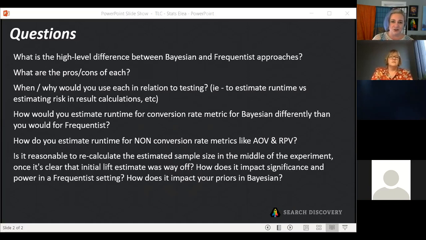So what Ellie's describing you could do at that point is basically stop, run the analysis assuming a 20% lift, see how long you would have to run it, and then restart with new data. Don't use that old data. Use that new 20% as your minimal detectable effect, and then run it for that time period, keeping those data sets separate. Nobody I know does that.